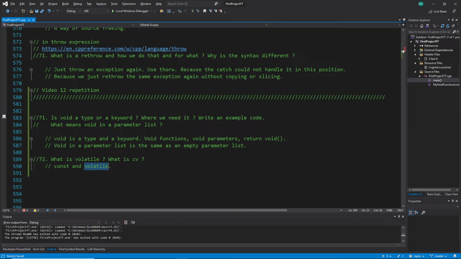Volatile is very, very rare, which means they don't use it often, and the reason for that is it is more an indicator, or let's say a specifier for the compiler. Const is more for the programmer, because he should know if a value is const or not, or a pointer is const or not, or something like that. But volatile is talking to the compiler, and that's why we don't see it so often. And volatile means just